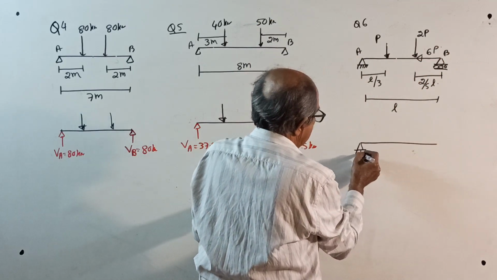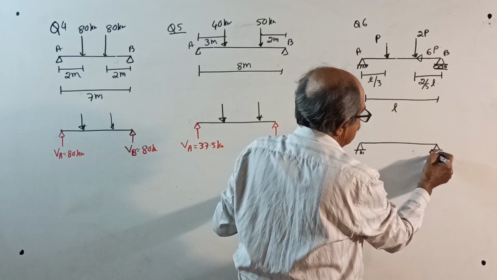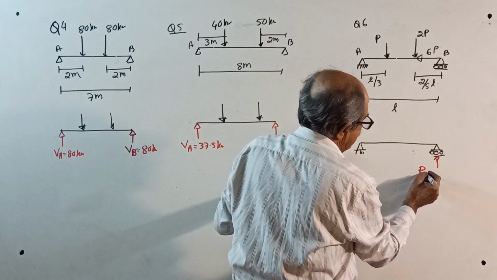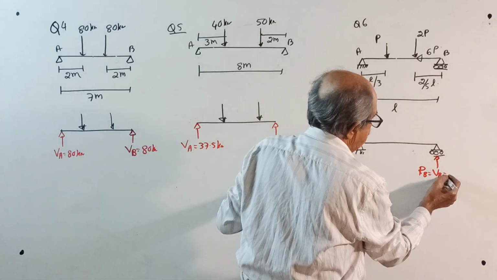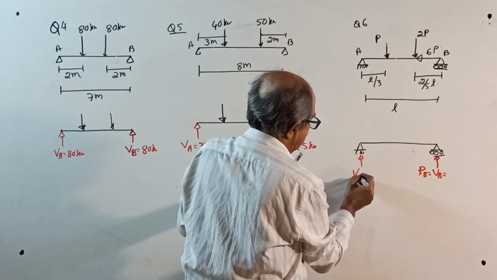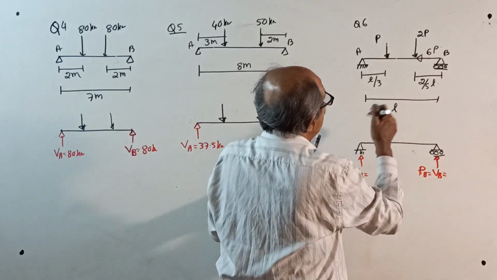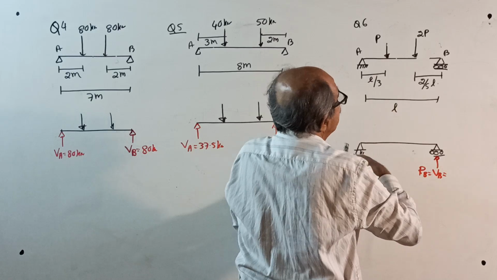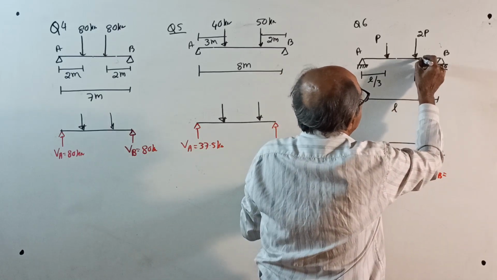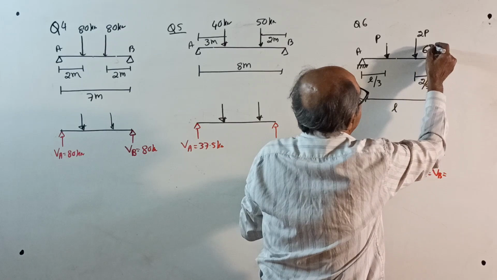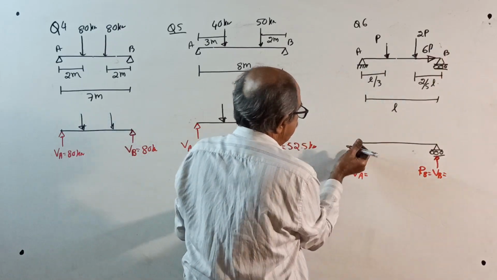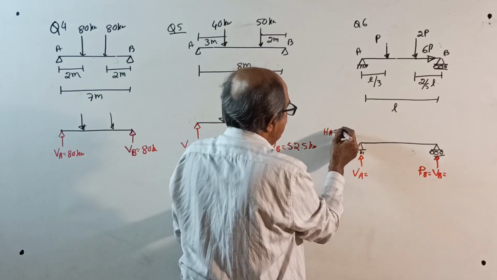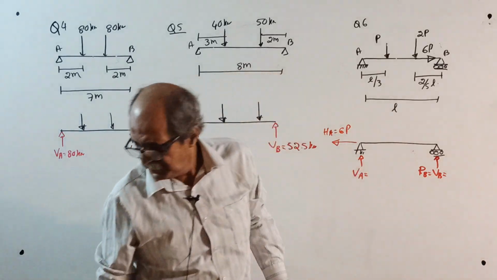Hinge here, roller here. Here, reaction at B is vertical, VB. Here, vertical reaction at A. 1 minute. I will give that load the other way, so that it is not always to the left side. This time I will give to right side. See, here, right side load of 6P. Then VA, left side reaction will come. HA is guaranteed 6P. Vertical reaction is